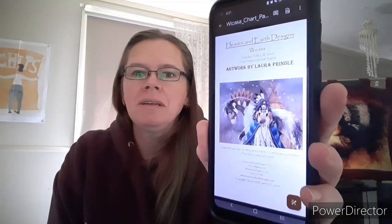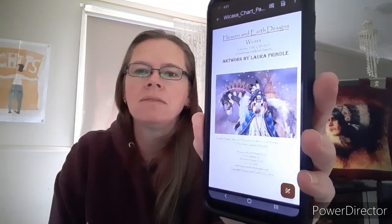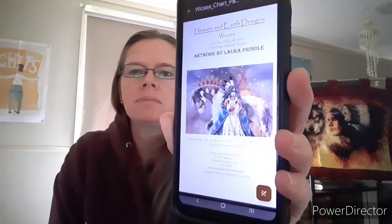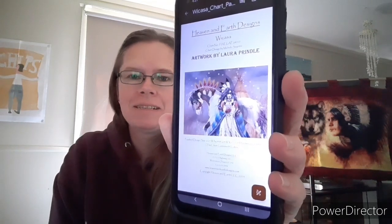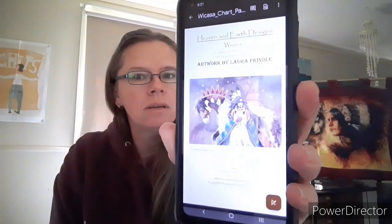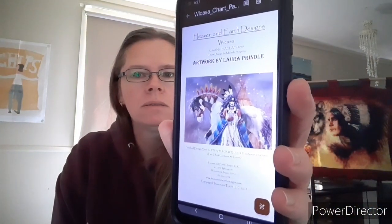Aha! That's better. So I bought this one. It's called Wicasa by Laurie Prindle. I have had this on my wish list for a long time. And I was waiting for someone else to get it as a mini. It has never happened, so I've just gone, oh, bugger it, and I bought it. So, yeah, that is Wicasa. Then